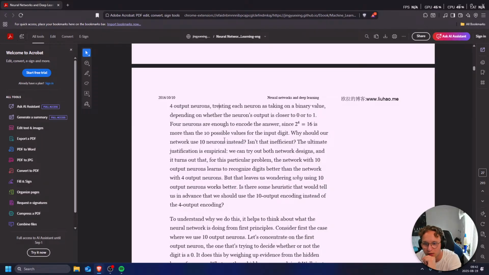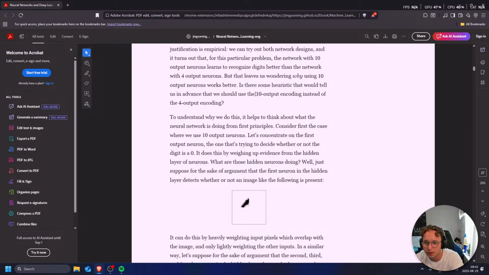Why should our network use 10 neurons instead? Isn't that inefficient? The ultimate justification is empirical. We can try out both network designs, and it turns out that for this particular problem, the network with 10 output neurons learns to recognize digits better than the network with only 4 output neurons. But that leaves us wondering why using 10 output neurons works better exactly. Is there some heuristic that would tell us in advance that we should use the 10 output encoding instead of the 4 output encoding? To understand why we do this, it helps to think about what the neural network is doing